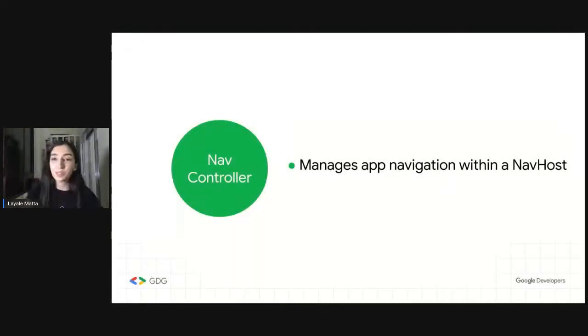And the last part of our puzzle is the nav controller, and it's the heart of our navigation component. Actually, every nav host needs to have its own nav controller that manages the backstack of the destinations that it has. And it's actually the nav